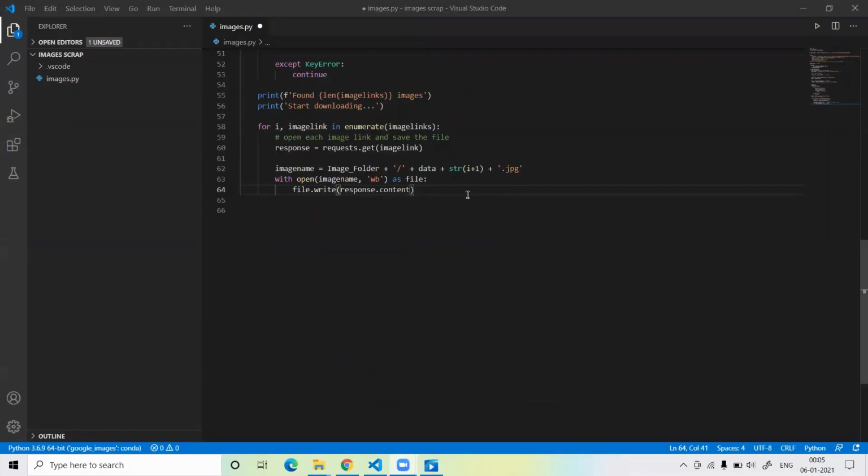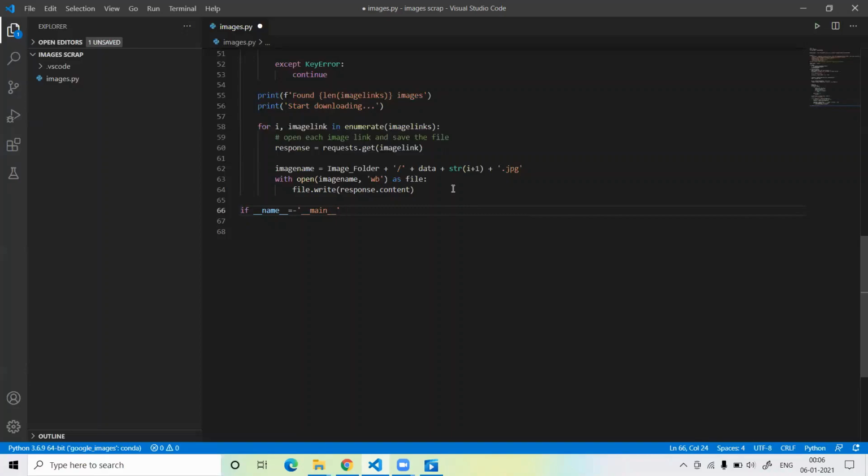After writing the response.content, we have to write the name of the current argument. So if name, then space name equal to, and then argument, main, main.